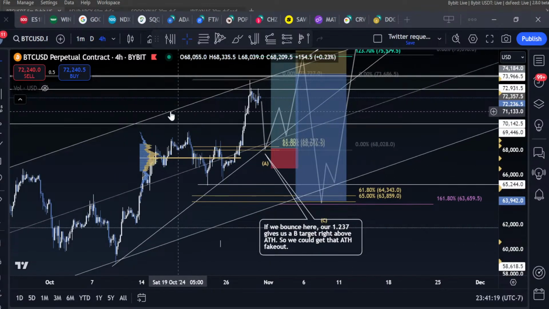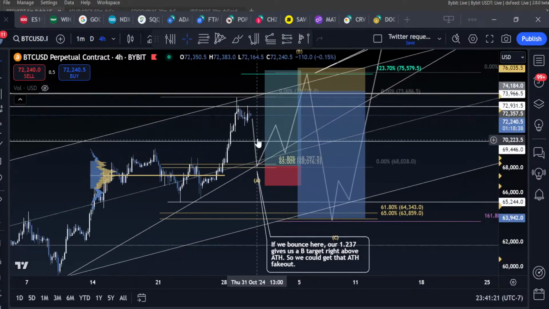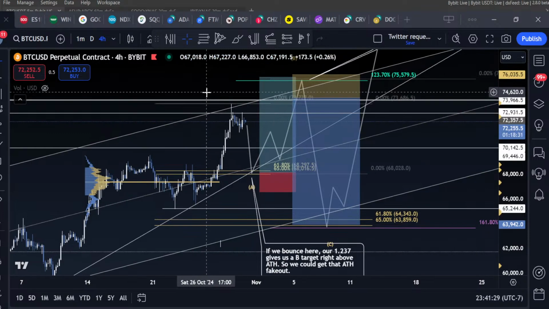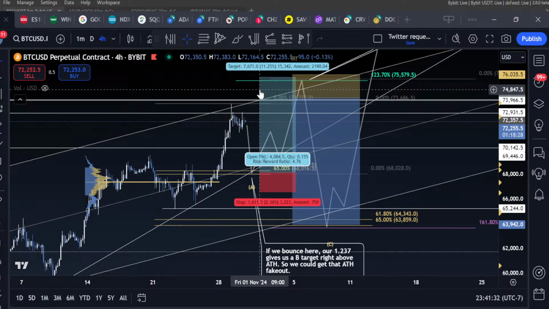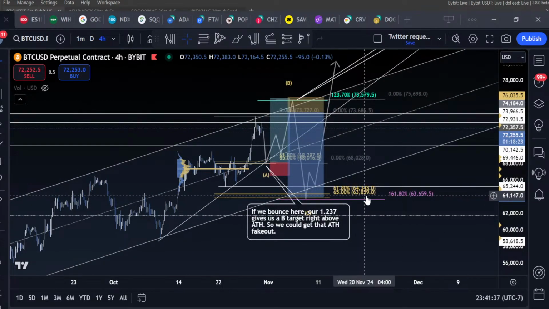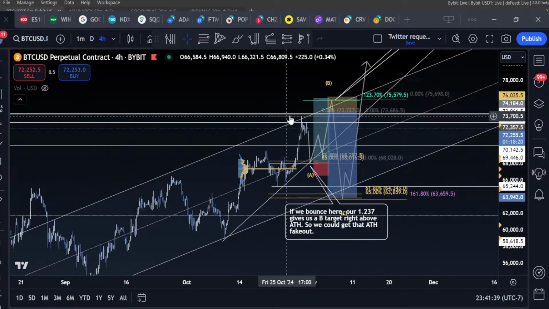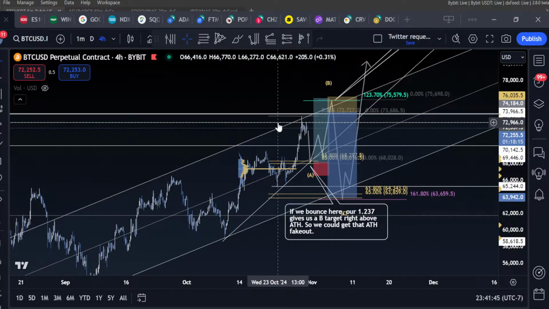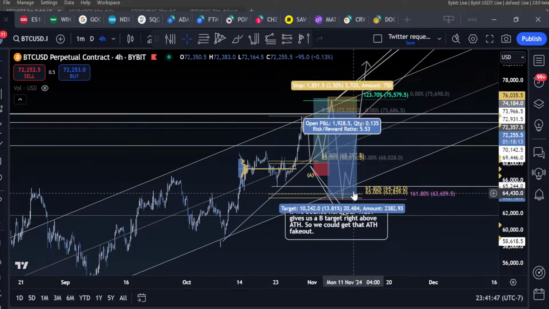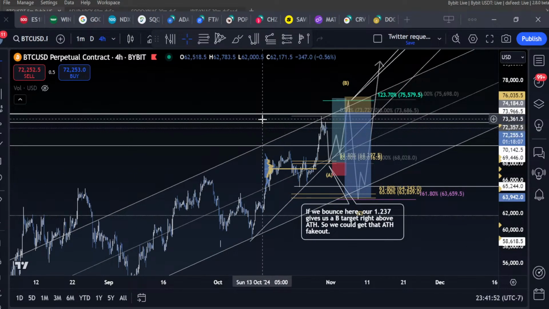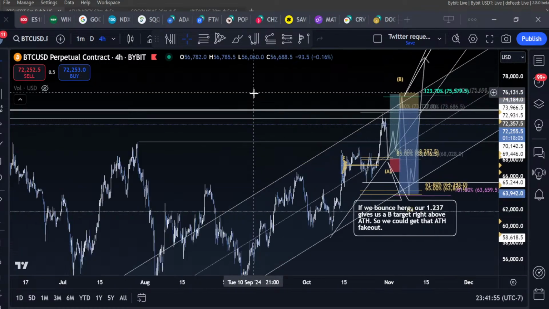So my current local plan here is to look for long setups down into this level, be willing to trade a failed breakout, but be willing to take profit as a short, and at the very least as a hedge against longs. And then swing long into this level here, around 64,300. I'm going to go over that. But anyways, so this is dividing the time frames. This is all kind of lower time frame ideas. This along from this level is a higher time frame idea, and I'm going to cover it when I go over the higher time frame ideas and what makes it high time frame.